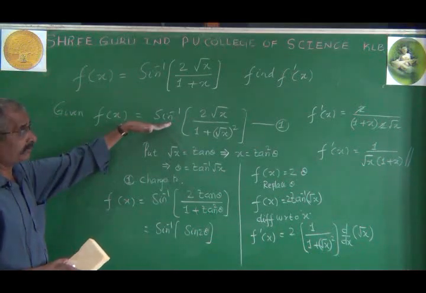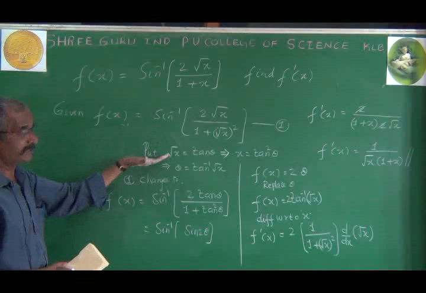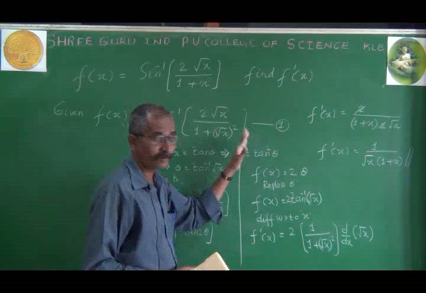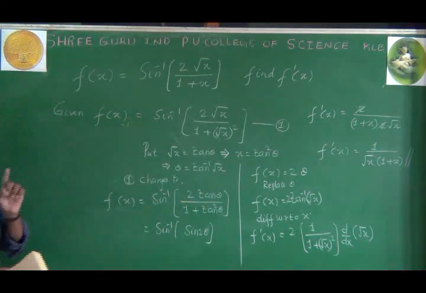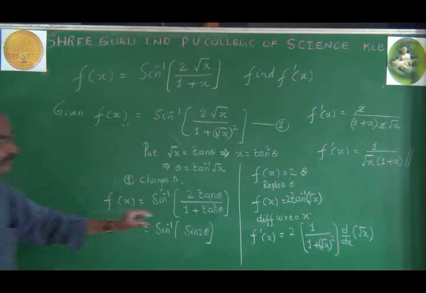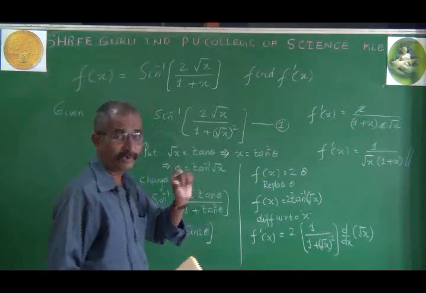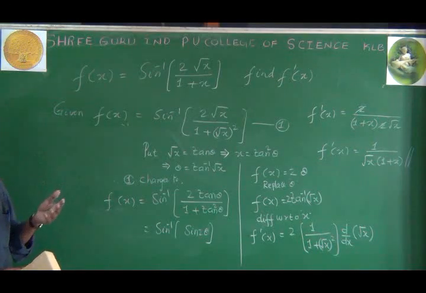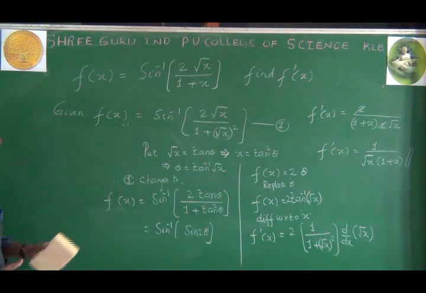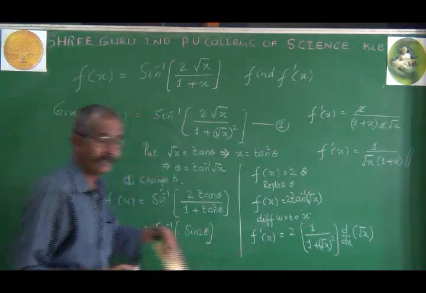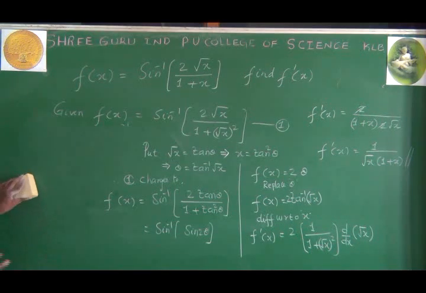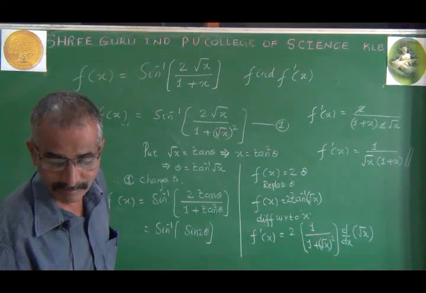Here this step is not concerned to calculus, just adjustment. This step is not concerned to calculus. Until this step occurs, all steps are free from calculus. Only one or two steps are concerned to calculus, that is called differentiation. Hence, if you are not perfect in trigonometry or any other aspect, obviously you cannot feel good in differentiation or in integration. That's why one should be perfect in trigonometry as well as the inverse trigonometrical function topic. They will be very, very useful in the entire calculus branch. Next problem under continuation.